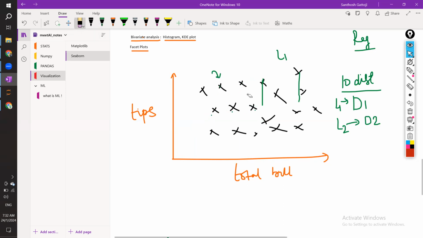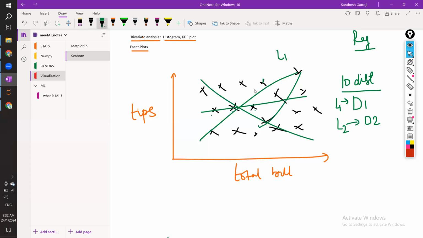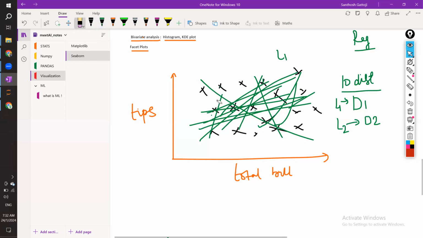So like that, you will have an infinite number of lines. Karthik might say this one, I might say this one, you might say this one. So you will have infinite number of lines which can pass through these points, and very close lines also you can draw. Fine. So now the goal of linear regression